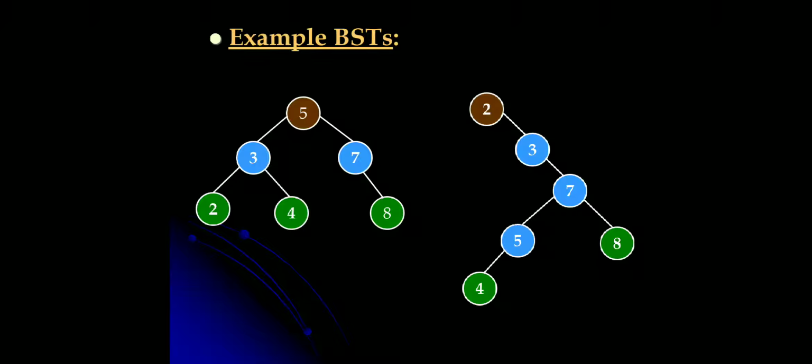Coming to the second figure, the root node is 2 and all the right subtree nodes are greater than 2, right? Coming to the next level, 3, all the nodes to the right of 3 are greater than 3. If you consider node 7, the left subtree nodes are 4 and 5, whose values are smaller than 7, and the right subtree node is 8. The value is greater than 7. That means for any node in a BST you take, left subtree node values must be smaller than that parent node, and right subtree node values must be greater than or equal to that parent node. Then we say that it is a BST, binary search tree.